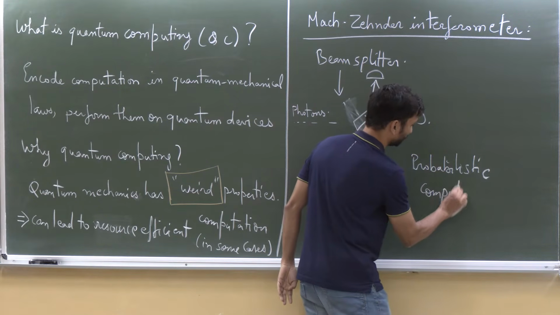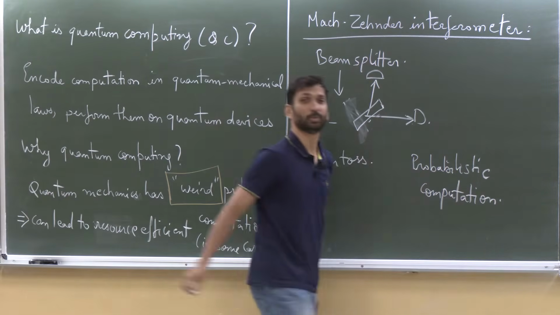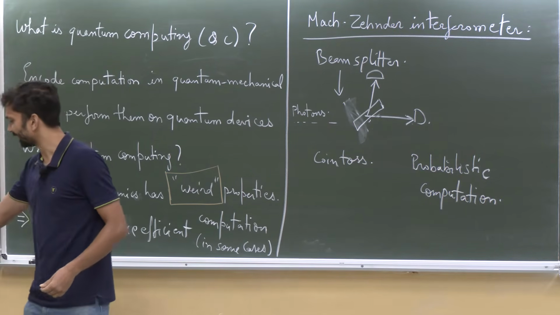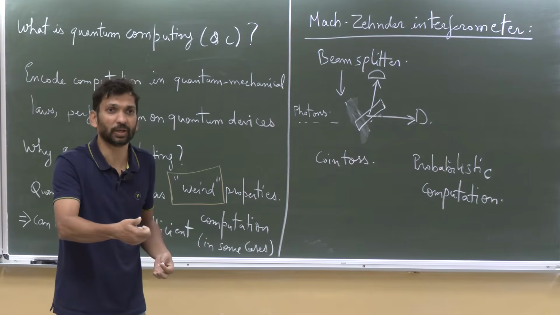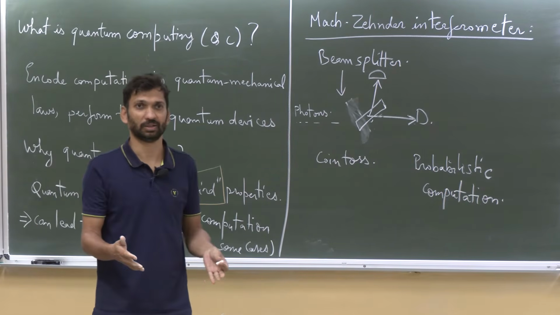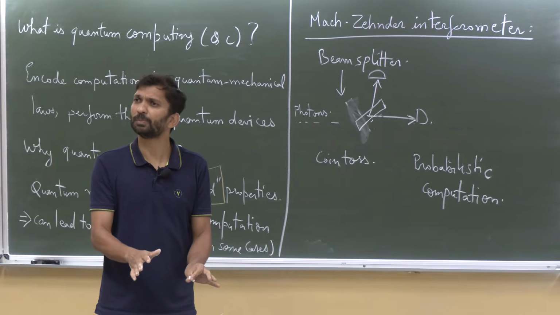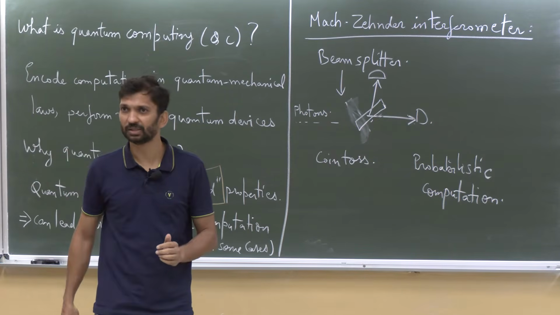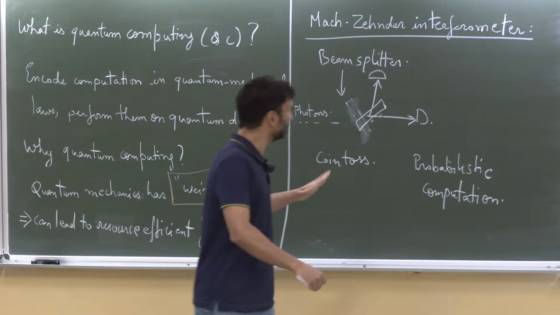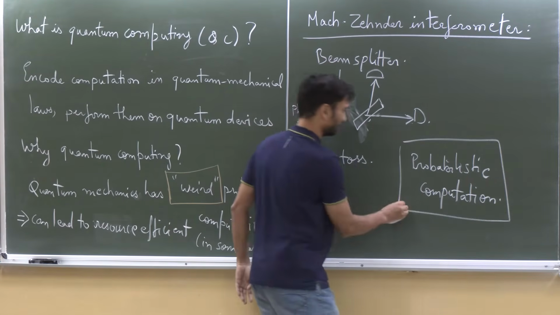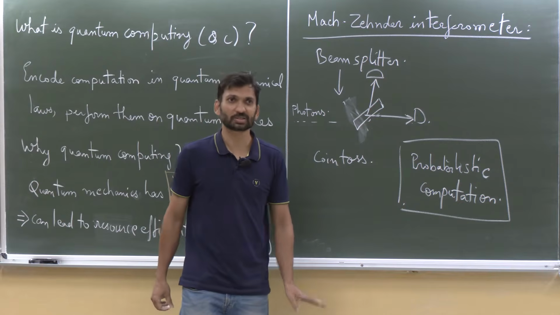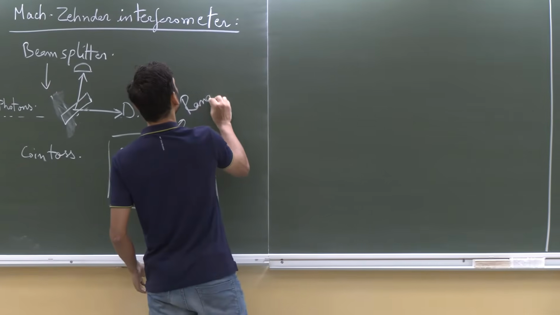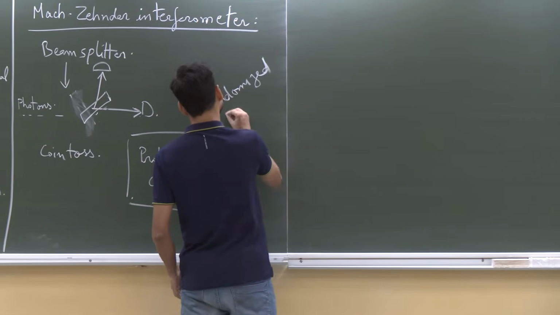Okay? So we can model this going up and going down using probabilistic computation, right? Which is not quantum. We can do probabilistic computation. I can give this computer an ability to toss a coin, apply things randomly and calculate things randomly. That is not surprising. How many people know what randomized algorithms or probabilistic computation are? Slightly higher, probably, so that I can see. Okay, so let's take a detour and at least have some idea about what probabilistic computation is, so that we are on the same page. So probabilistic computation, randomized algorithms, same thing for us.